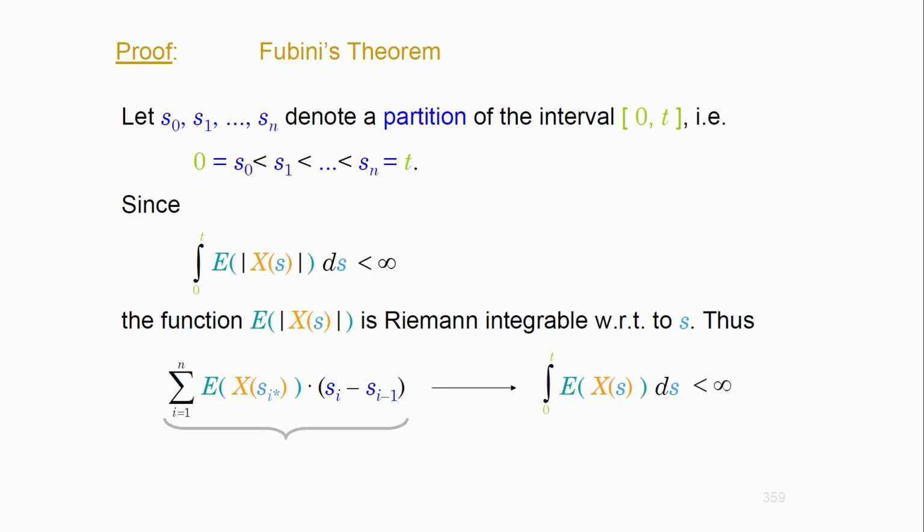Now, on the other hand, if you look at this one, you have the expectation in there. The expectation of a linear transformation is the linear transformation of the expectation, and the expectation of a sum is the sum of the expectations. As a consequence, regarding this Riemann sum, I can take the expectation operator out of the summands to be the expectation of the whole thing. That is the total expectation of the whole sum, because the expectation of a sum is the sum of the expectations, and the expectation of a linear transformation is the linear transformation of the expectations. So this is what you have here.